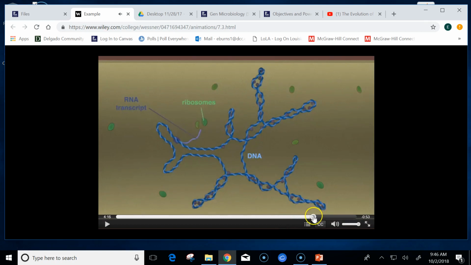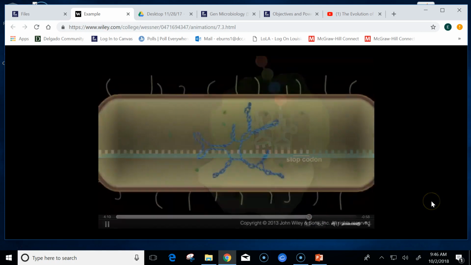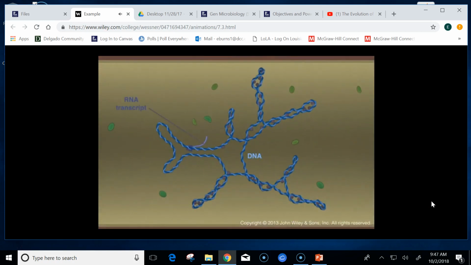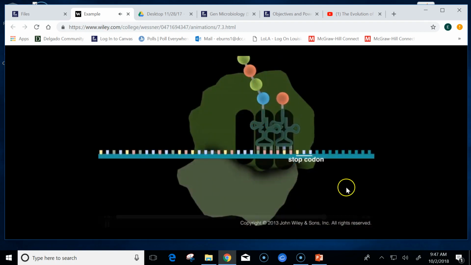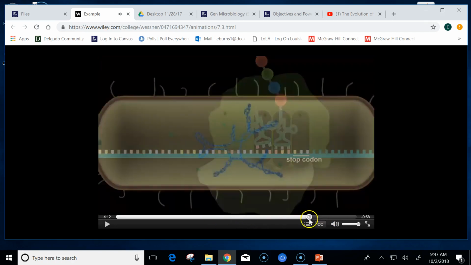Wait a minute. While it is still, this is in a bacteria. So this is something unique that happens in bacteria. mRNA is available for translation into polypeptides while it is still being transcribed. This is possible because bacterial DNA and ribosomes are not separated by a nuclear membrane, as they are in eukaryote cells. When a stop codon enters the A site of the active ribosome complex, it is recognized by two special